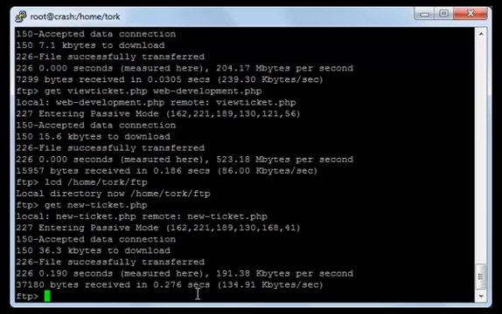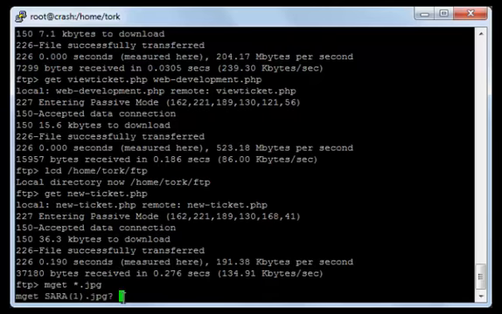Of course, you can use a download tool to download all files with a particular extension. For example, if you want to download all of the files that end with JPG as an extension, you will type wget and then a space, star.jpg, and this will download all of the files that end with the extension JPG. Press enter,